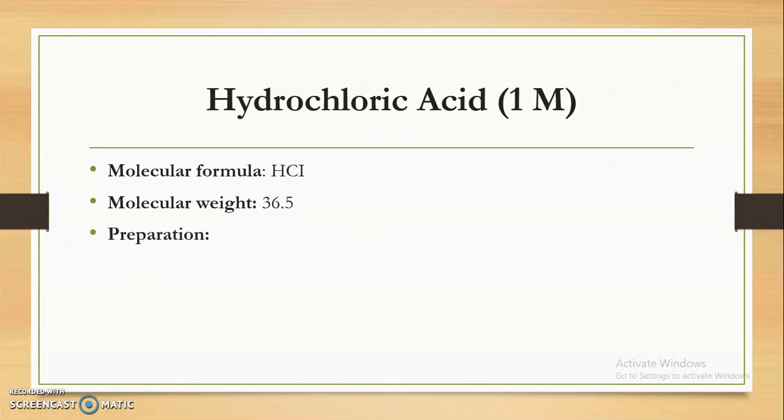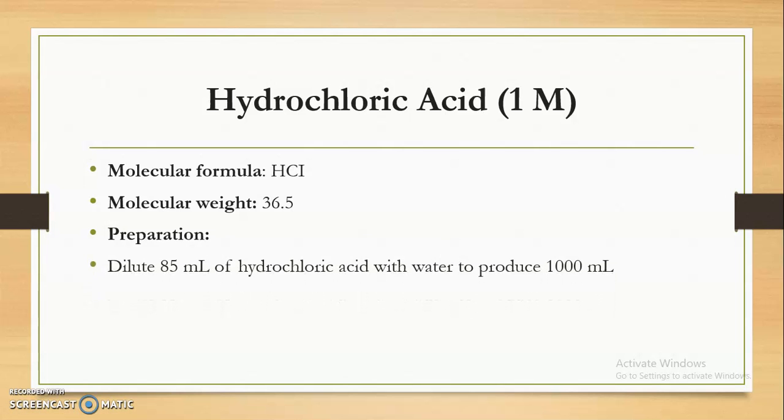Then first we will see how to carry out the preparation of the 1 molar hydrochloric acid. We have to use 85 ml of hydrochloric acid and dilute it with water, quantity sufficient to produce 1000 ml. Means first we measure 85 ml of hydrochloric acid, transfer it into the volumetric flask, and add water to produce